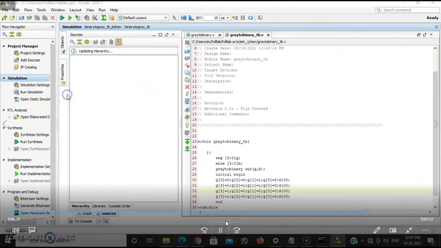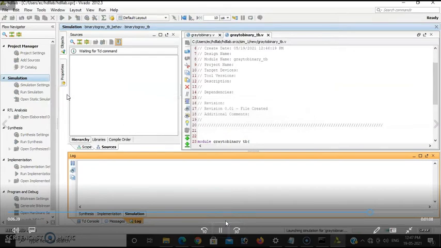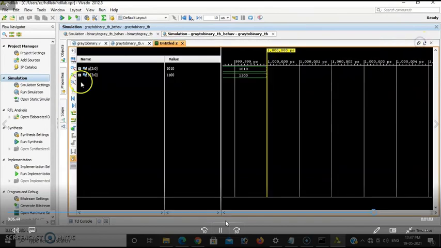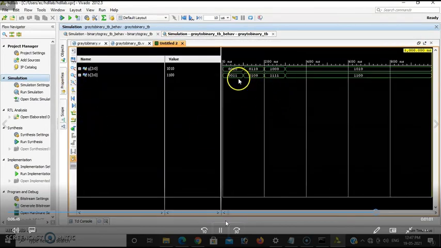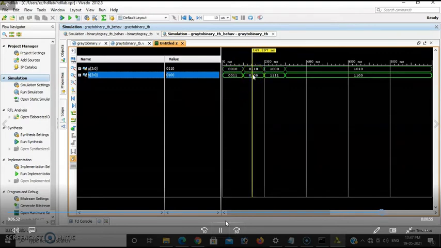The table is with you, so you can verify that. So once it is over, go for run simulation. Then maximize the screen, verify the truth table. So whatever theoretical values are there, you can verify them practically, right?